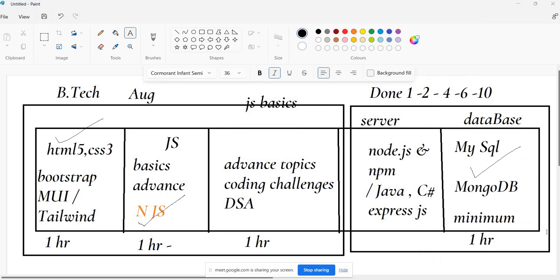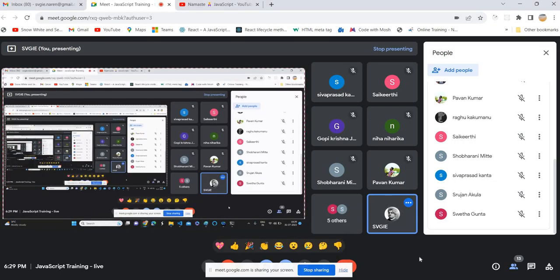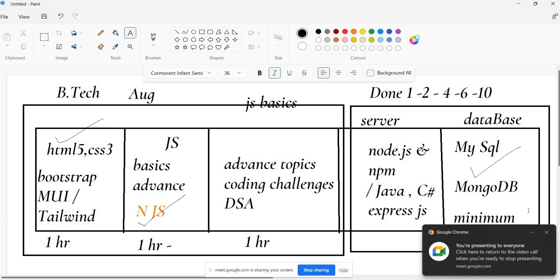Suppose you're a college student. Is it possible for you to spend 4 hours daily for learning? Sujan? Yes, sir. Maximum, if possible, I will do 2 or 3 hours. Yeah, if you see, suppose here what you can do,